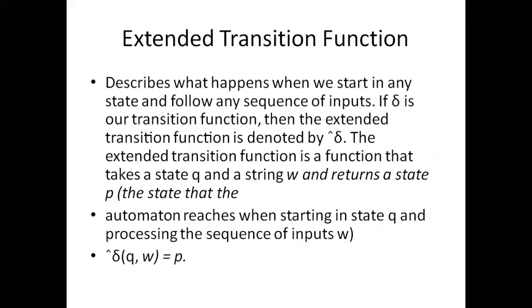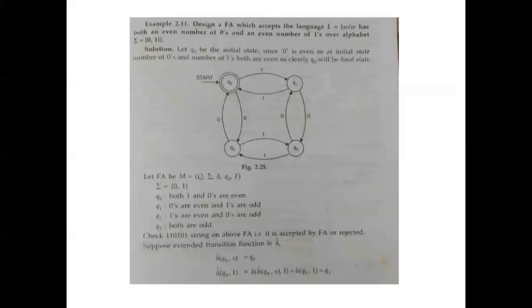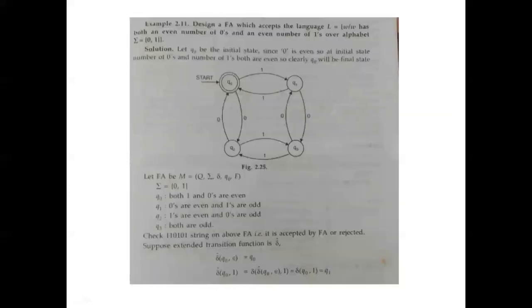Now extended transition function. Extended transition function বলছে আমি একটা স্টার্টিং স্টেটে একটা স্ট্রিং দেব, ইনস্টেড অফ ক্যারেক্টার আমি একটা স্ট্রিং দিলাম, মানে ডেল্টা হচ্ছে ট্রানজিশন ফাংশন। ডেল্টা ট্রানজিশন ফাংশনে আমি স্টার্টিং স্টেটটা দিলাম আর একটা স্ট্রিং দিলাম, and if it reaches the final state, then we'll say this is an extended function,